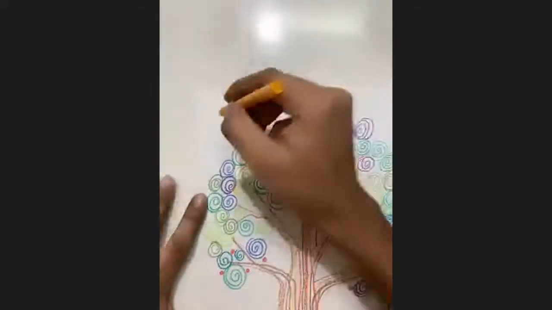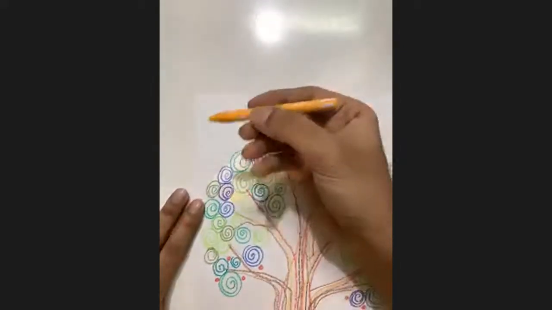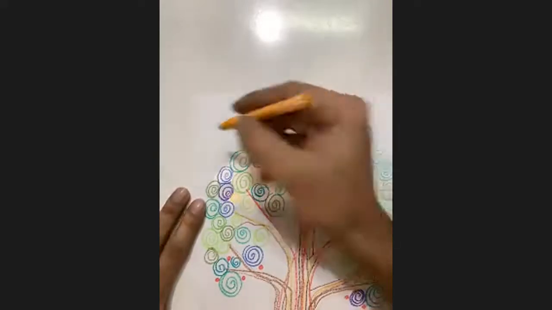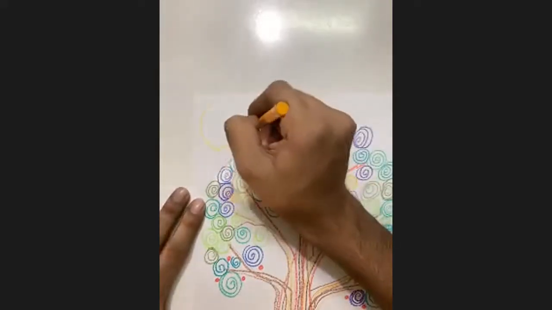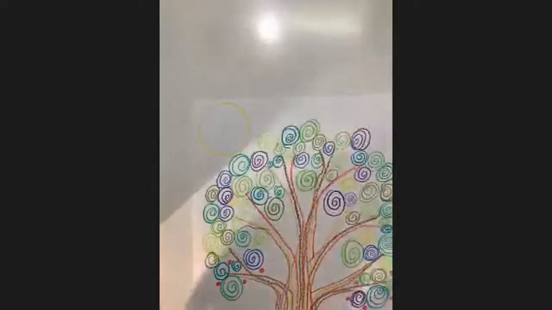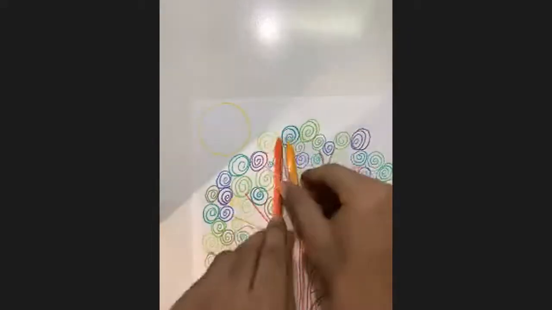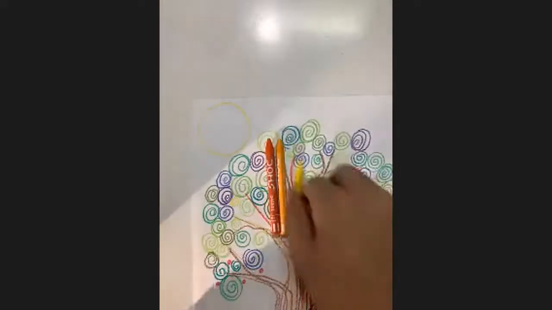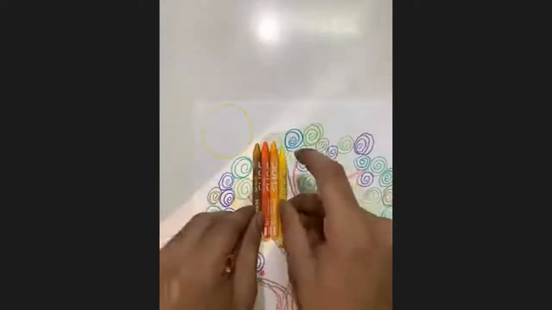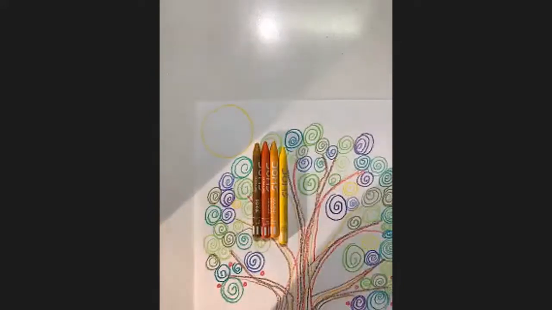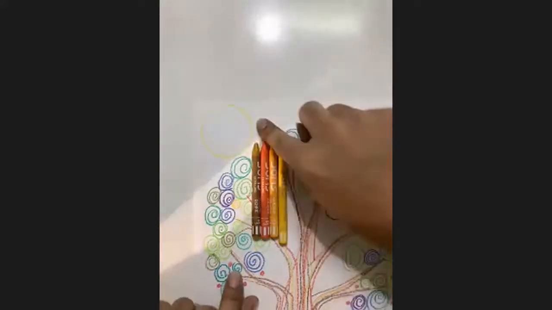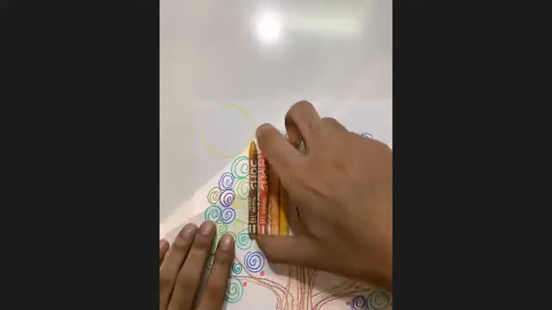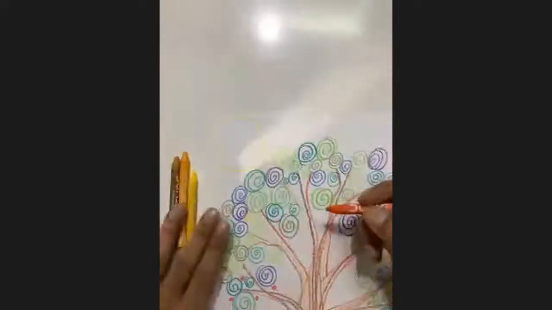What I'll do now, I'll make a big circle with orange color. I took orange color, okay guys? Big circle I made like this. Okay? And now I will get all the shades of orange, yellow. I got these four shades. And this time we are going to do a different change. Ashit, sorry, I have chosen to make sun, not Jupiter. So first we made a circle with orange. I'll use a different shade of orange now and see what I'm going to do now.